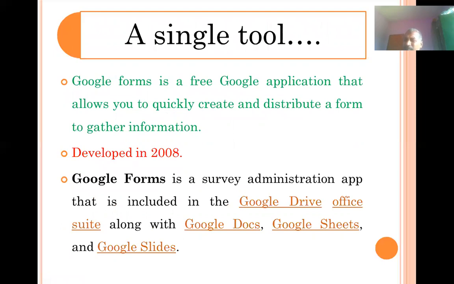Google Forms is a free application. It is being provided by Google, and that helps you to quickly create and distribute a form to gather information. So when you want to distribute your forms, when you want to collect some information from the respondents who are located at different parts of the country or different parts of this world, you make use of this Google tool